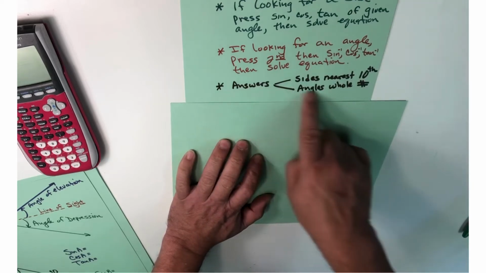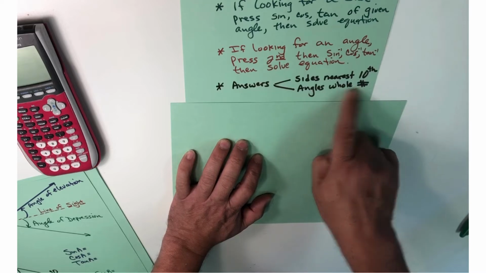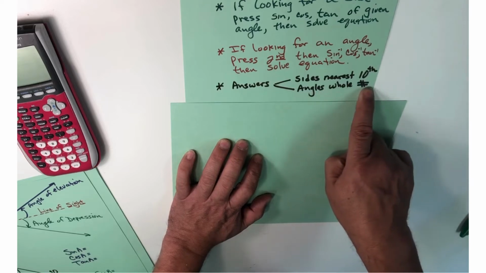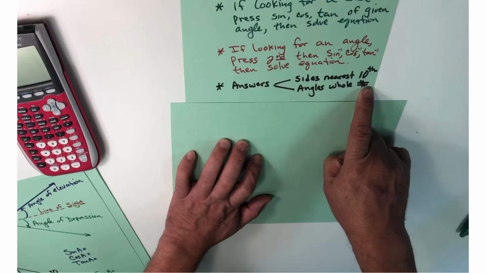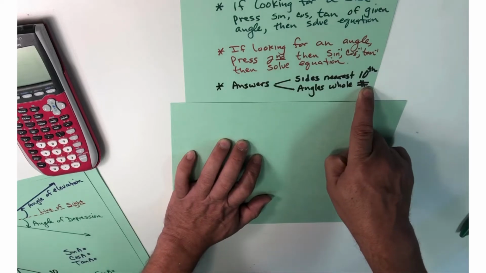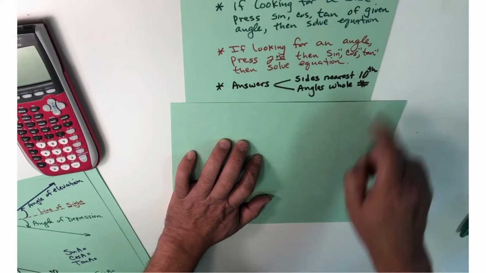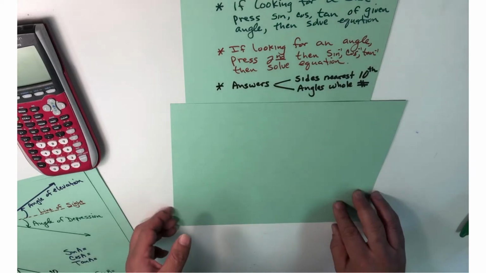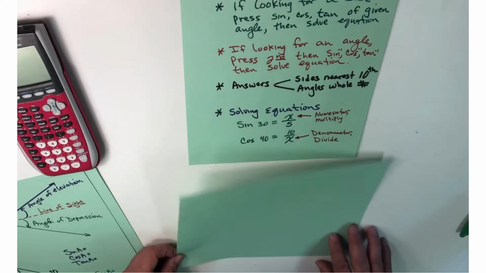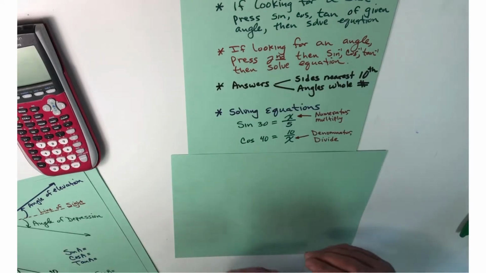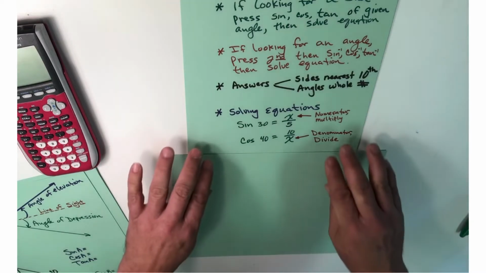When you are giving me an angle, however, I don't want one decimal place. I am looking for a whole number. So if you end up with 58.7 degrees, that's really 59 degrees, and there will be a little bubble up on top, right? Okay, last item here before we go do some examples is that when you are solving the